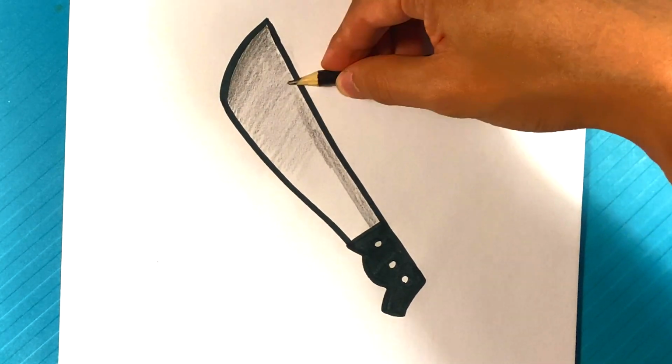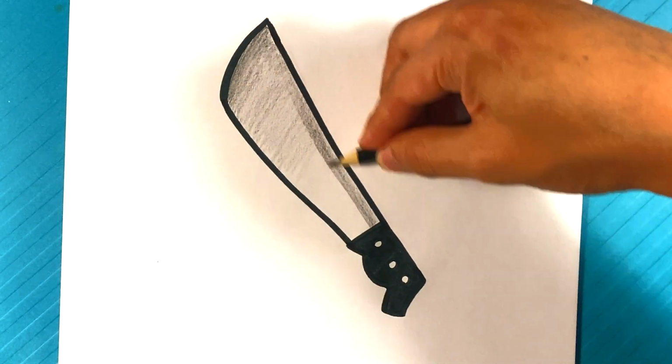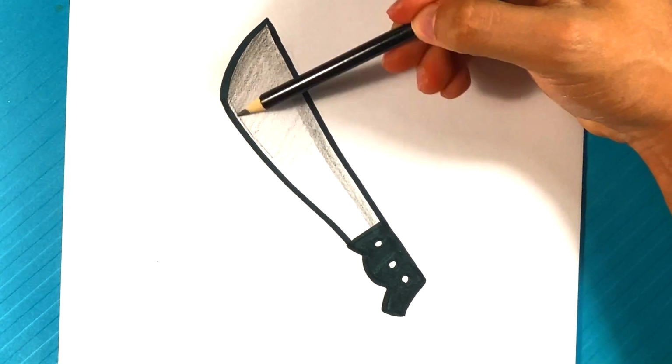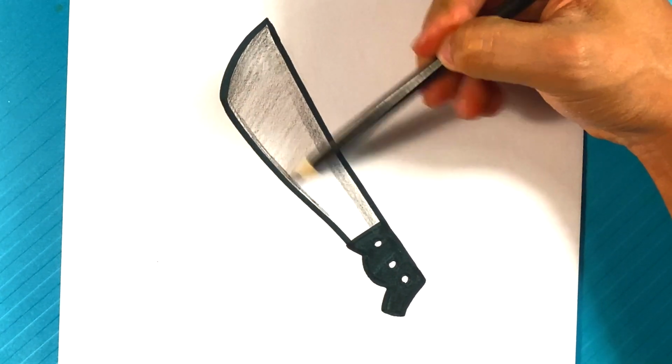Line over here, along the side here, to make it look like it's reflecting off something. And you can even draw a little bit thicker on this side as well, because there is kind of a blade side. So after that, I'm going to grab a marker. You can grab just a regular colored pencil. It's going to be red though. And with this red part,